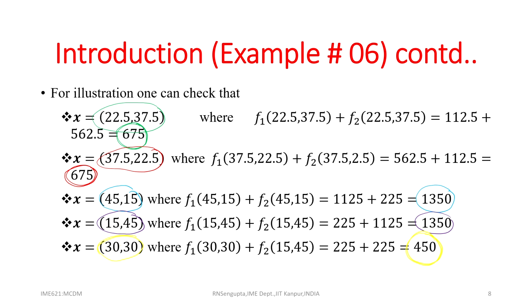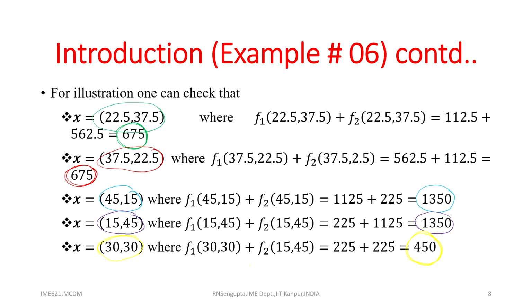Very interestingly, at 30 30 they give us the minimum point, which was 225 for that point 30 30, not the global minimum, which is the best solution for F1, which was 112.5 for F1 separately, 112.5 for F2 also. So, combined, if I find it out and then solve the problem based on the fact that the solutions have to be found, then the combination comes out to be 450 accordingly.